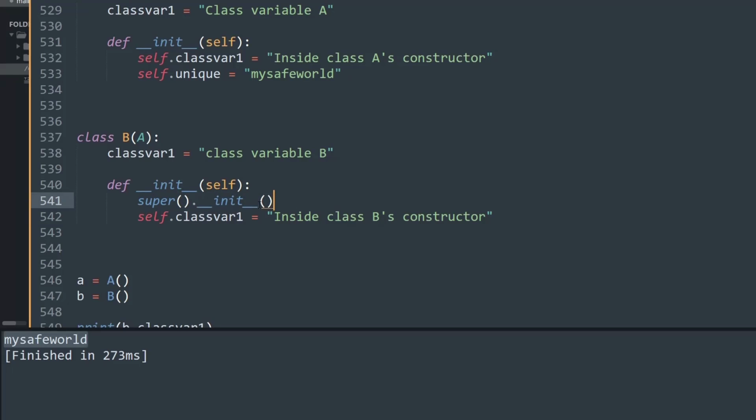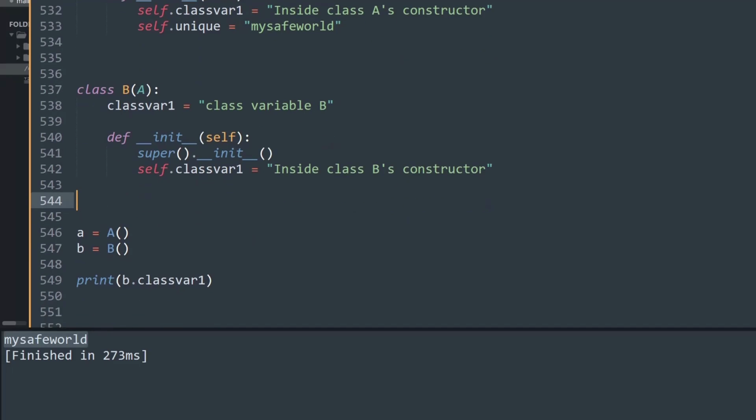Likewise, it depends upon when we call this super method. If I call the super method before setting the class's self.class var1, let me show you what happens. If I print the object's class var1, it says we are inside class B's constructor. Now I'm going to cut this and place it after the self call, so that is below it.